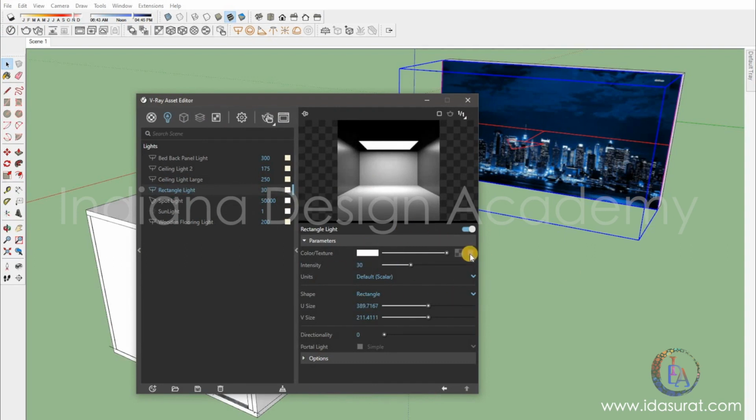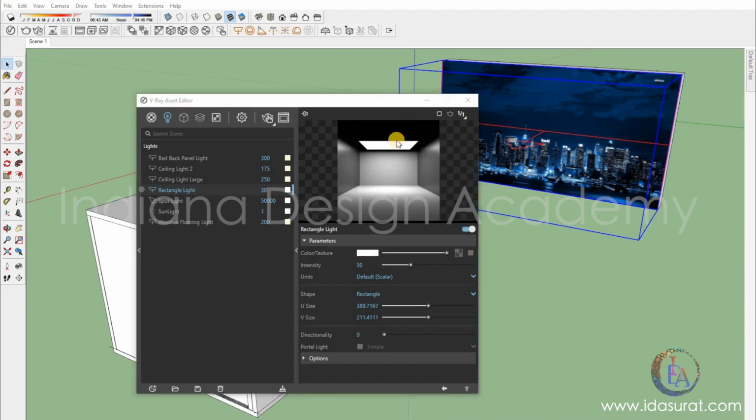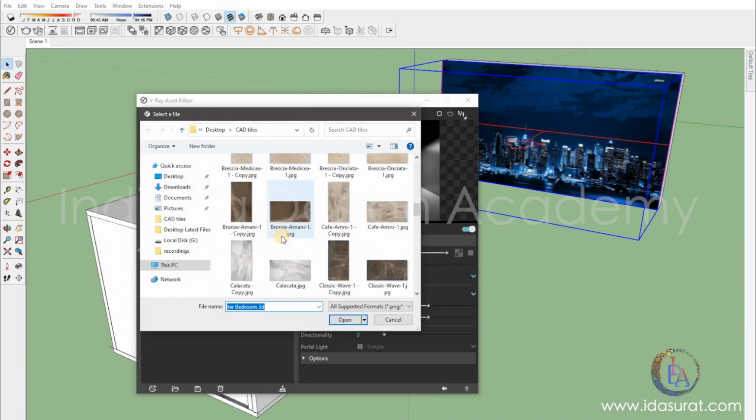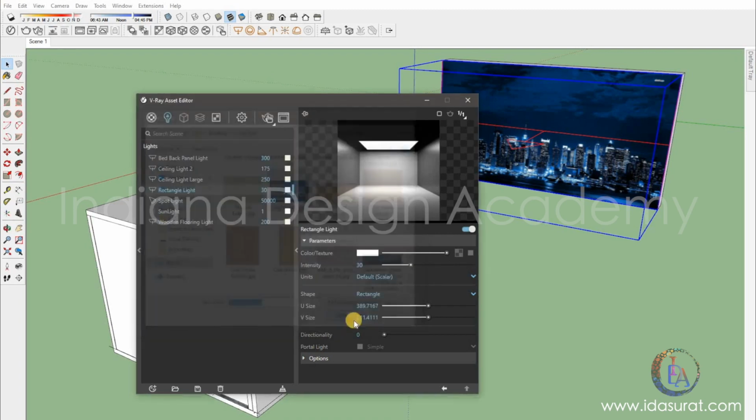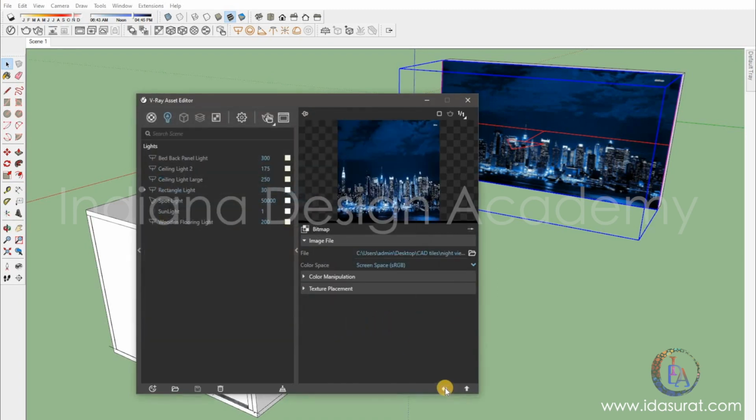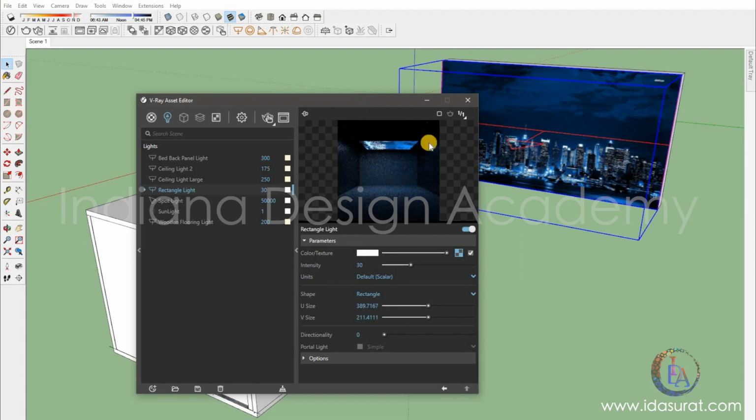Now I have this option here, the option of color. In this light I can also place a bitmap. Same light, I will be placing this. I will tell you first, let me place and show you. I have placed this. Now when I take this, see, this looks like a projector screen, because